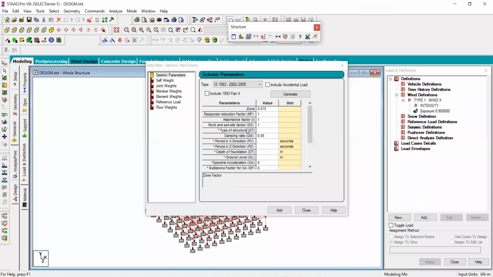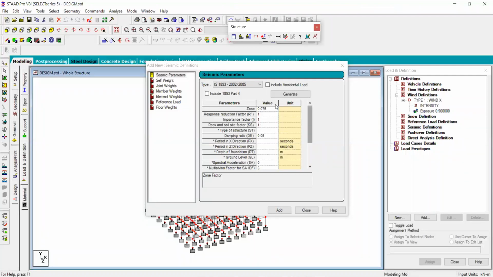Similarly, there are various types of soils, so the force transfer depends on the type of the soils. It is divided into 3 categories: very loose soil, meaning soft soil, hard soil, and medium soil. You will put the value of 1, 2, 3 depending on the type of the soil.